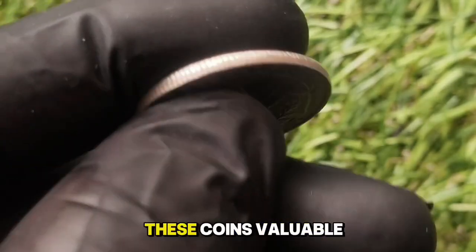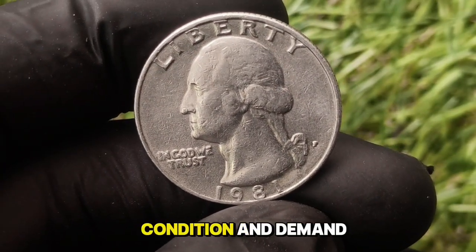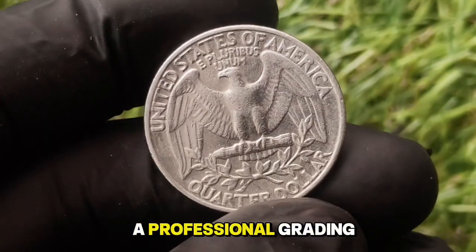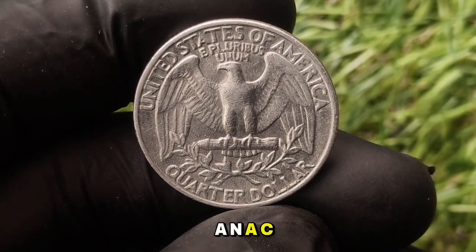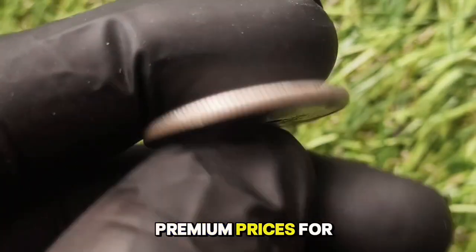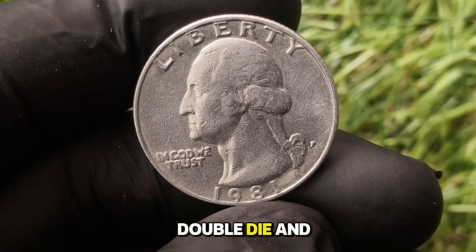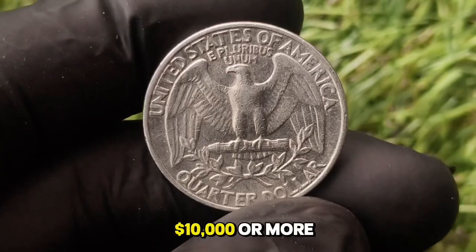What truly makes these coins valuable isn't just the error itself, it's the combination of rarity, condition, and demand. A 1981 quarter with an error that's clearly visible and authenticated by a professional grading service like PCGS, NGC, or ANACS can multiply in value overnight. Collectors often pay premium prices for coins in mint state MS65 and above, or those with unique error combinations, such as a double die and off-center strike together, a truly one-of-a-kind rarity that could fetch $10,000 or more at the